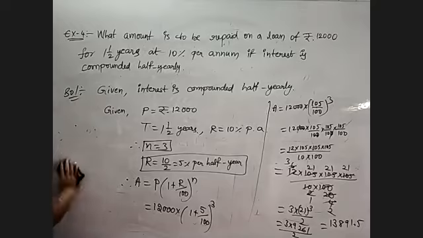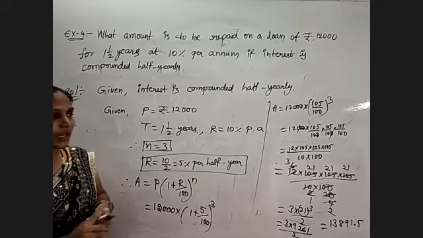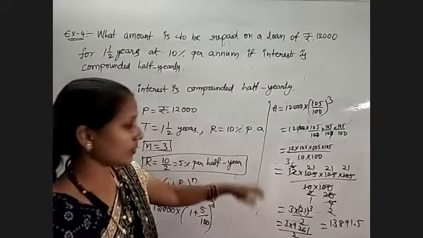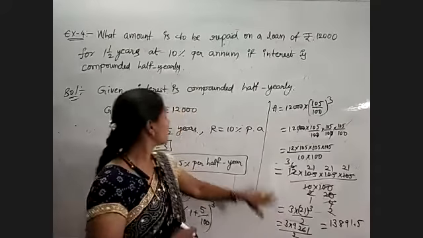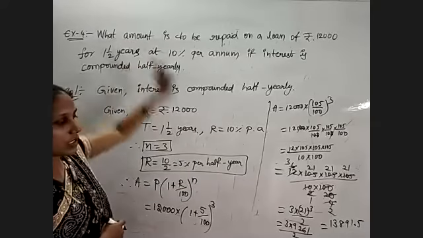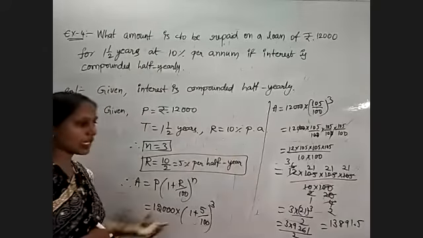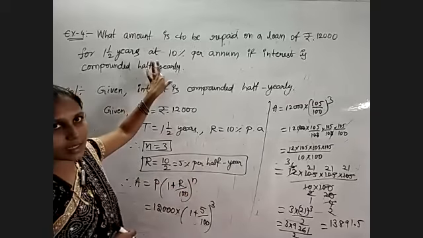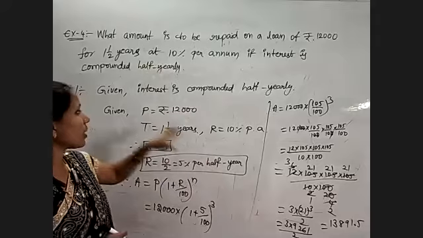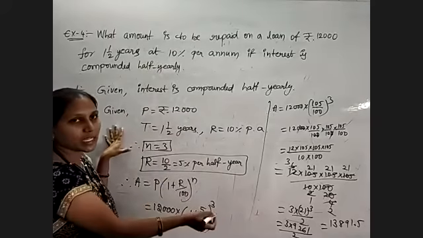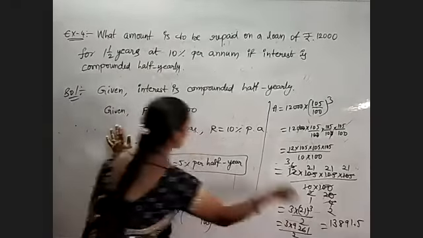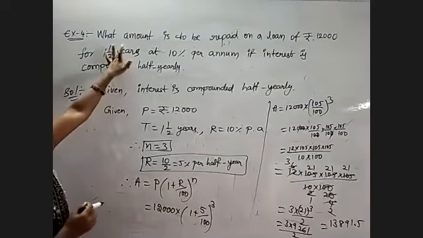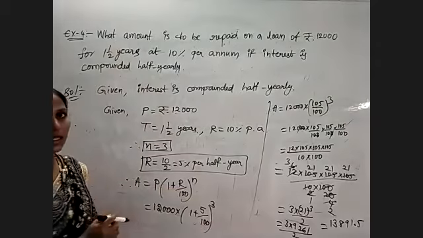So just here we are getting very lengthy calculations, that's all. But you will get the answer compulsorily. So just observe here. They are asking about the amount. So till here the answer is finished. We found the amount only. Amount is equal to 13,891.5. If they are asking compound interest also, after getting the amount, we have the formula to get compound interest is equal to amount minus principal. So find out the difference between this amount and the principal. If they are asking about interest also. Okay, now they are asking just about the amount. Till here the answer is finished. Okay.